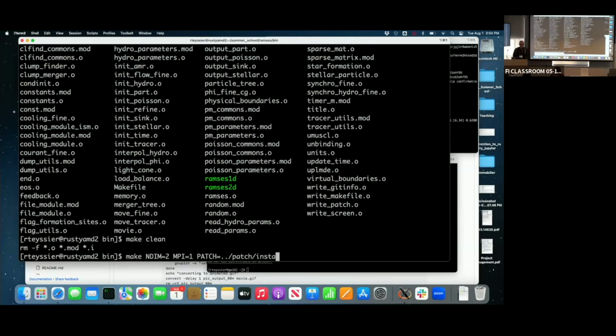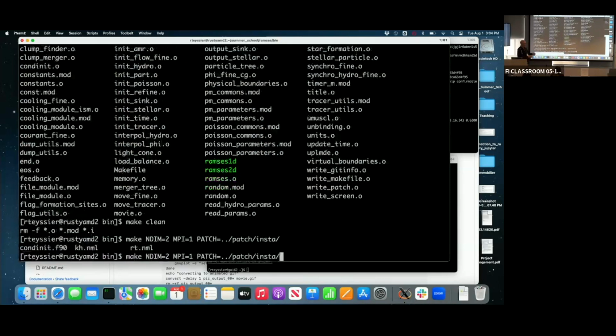I forgot what's inside it, though. So let me check. Exactly. So here you see you have the problem generator, which is this file that is actually modified from the default